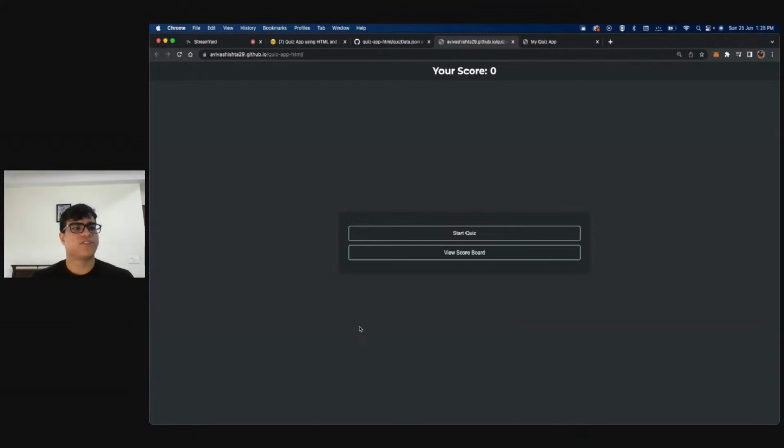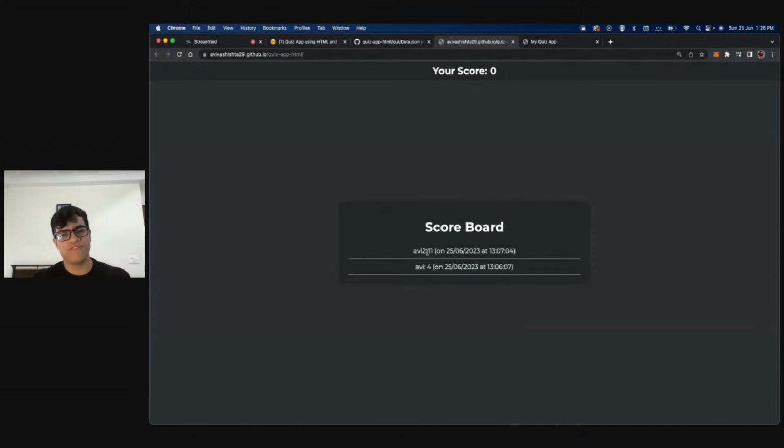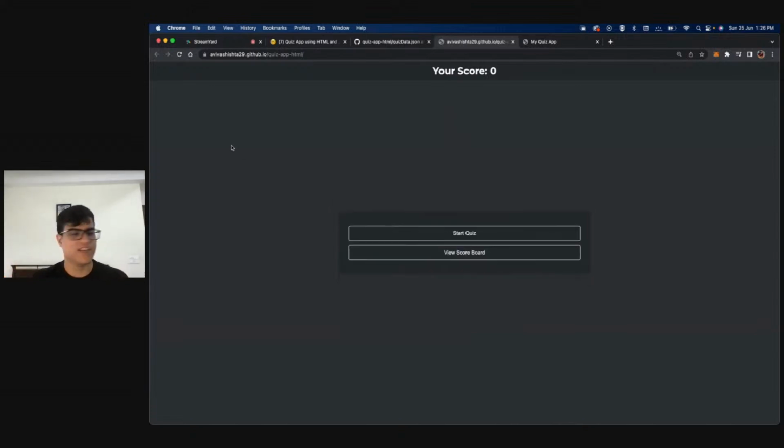All right. So see, this is what an application looks like, and you need to understand the flow. Now, the user has two options. Either the user clicks on Start Quiz or the user clicks on View Scoreboard. Let's talk about View Scoreboard quickly. If the user clicks on View Scoreboard, we show them the scoreboard. Nothing too complicated, just showing of data, nothing mind blowing or too difficult to do.